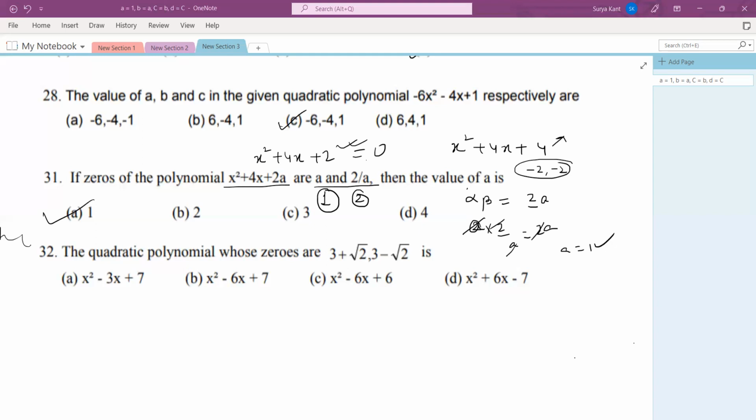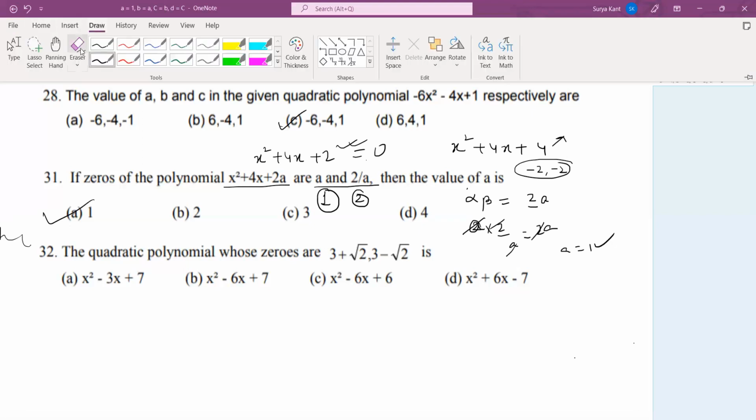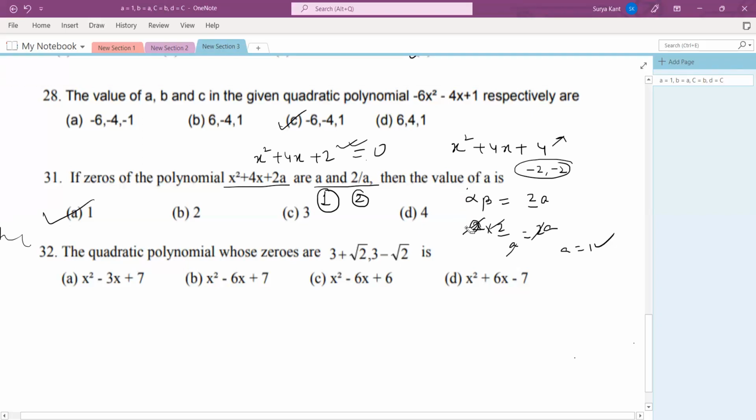Sir, is this question correct, sir? If A, we're getting 1 and 2. If you put 1 and 2, you won't get the answer, right? Yes. Samarth? The 32nd is equal to D. To this kind of question, if them means